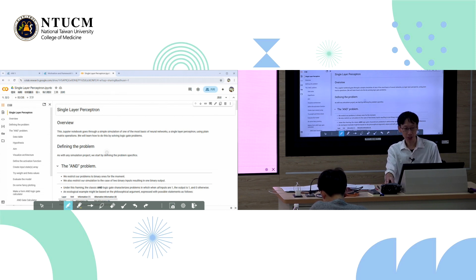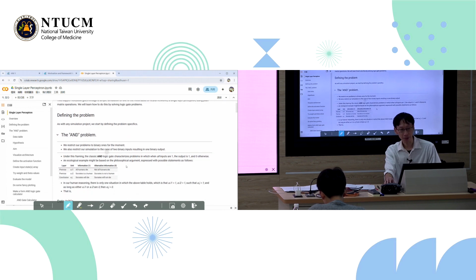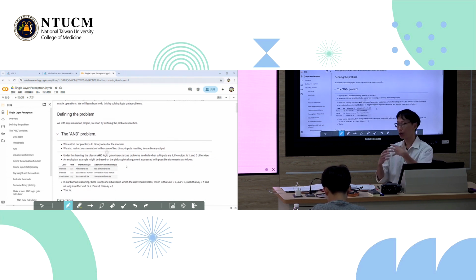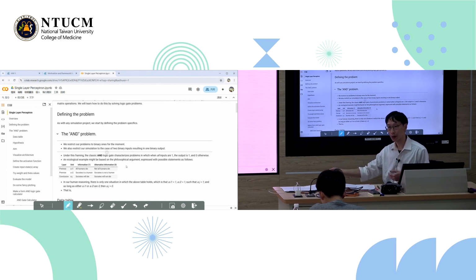So the best way, really, to learn about single-layer perceptrons is to use them to solve logic gate problems, okay? And so we will define what the problem is. What's a logic gate problem? And this will become a kind of framework we will use for all the other networks that we will program later on in the course. We will first define the problem, okay? And then after that, we will set up what we call a data table, which defines the problem, all right? And then we will design our network. This is sort of the motivation and background.